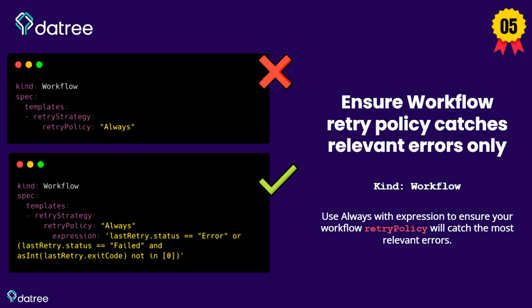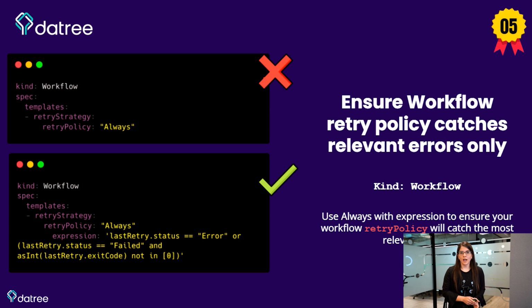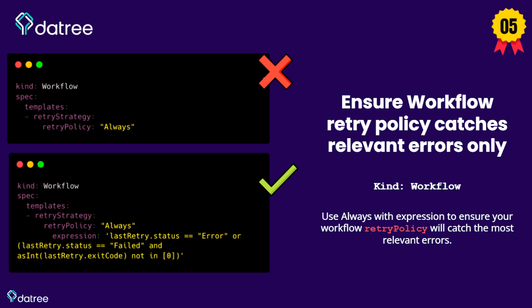Apparently, we can also use an expression with the retry policy. So I say, let's use both. Let's set the retry policy to always and use the expression to filter only the error status that we care about. And as you can see in the example, we managed to ignore all system levels that are related to the source code, but still be able to retry the job whenever something goes wrong.